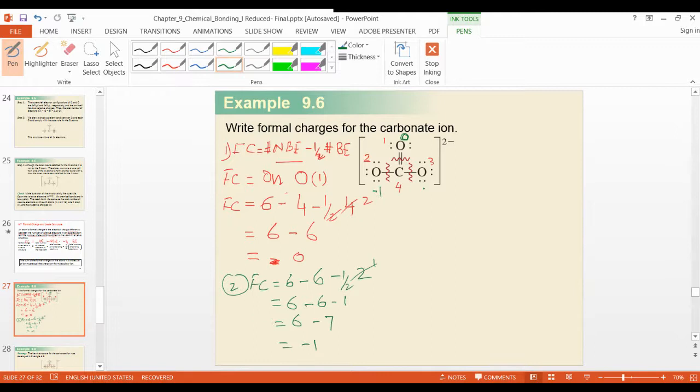What about the other oxygen? On oxygen number 3, this 2 and 3 both oxygen are same, right? Everything is same. You should also have minus 1 if you calculate it. So that's why this is minus 1, this is minus 1, this is 0. So you will add both charges, and that's why you get minus 2 here. Clear?